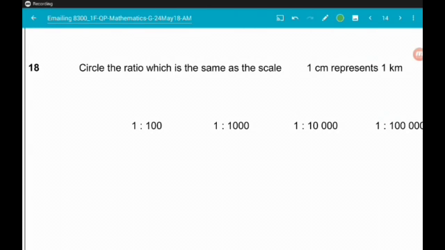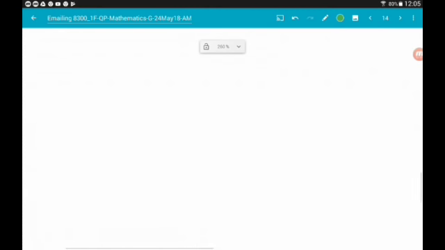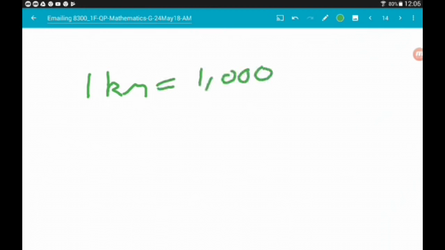Number 18 wants us to circle the ratio, which is the same as the scale. 1 centimetre represents 1 kilometre. So we need to turn 1 kilometre into centimetres. So 1 kilometre is 1,000 metres. 1 metre is 100 centimetres. So 1 kilometre